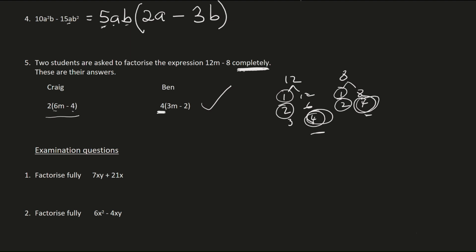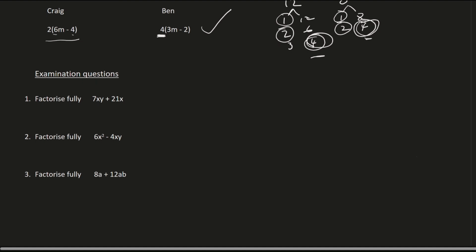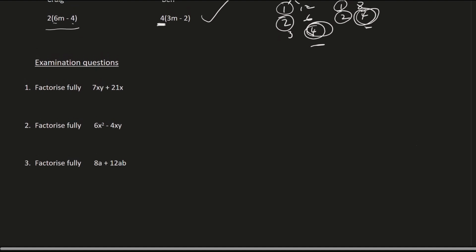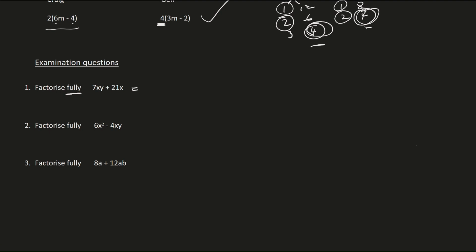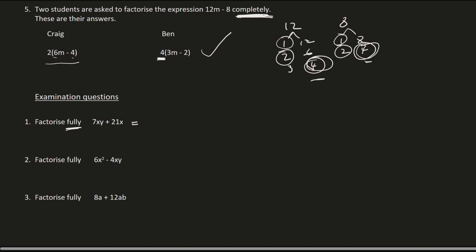You should always pay attention to this word completely. Now, let's look at some examination questions. In this case, you should also focus on the word fully. It says factorize fully. It's just like what we just did in question 5, where we spoke about Craig and